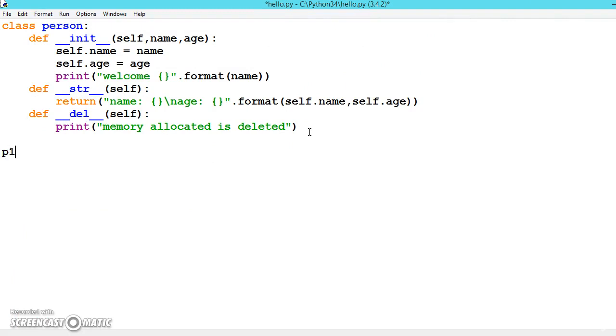But here itself we will create it in the file itself. Now the Person class will show the details and delete it. Once the details are shown, the object is no more required, that's why it will be deleting it.